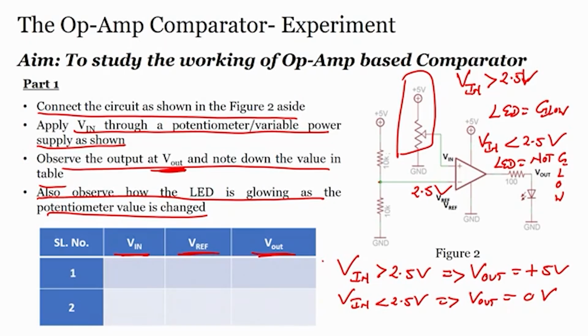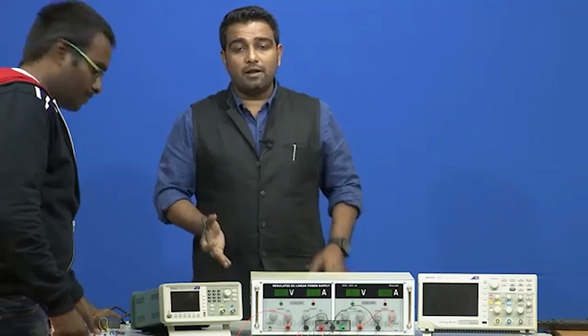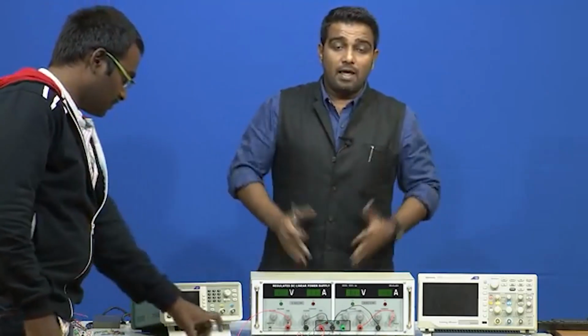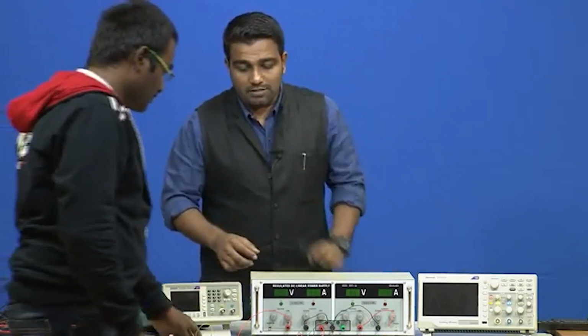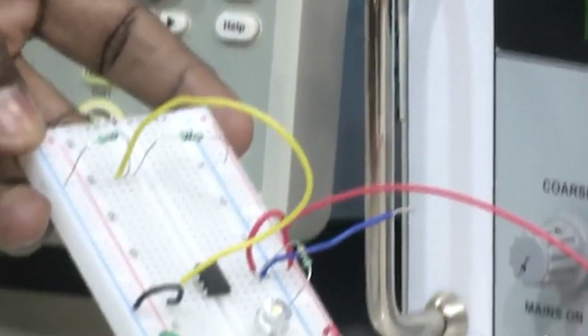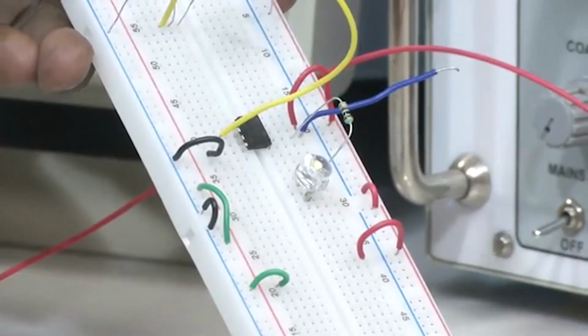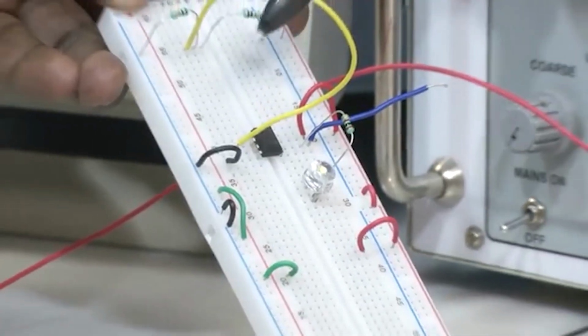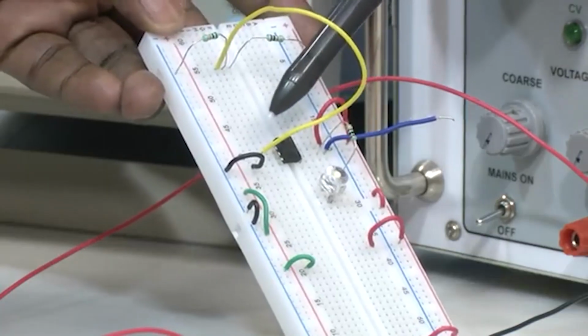So, let us again welcome Sitaram, who will help us to perform this particular experiment of a comparator, and we will see how we can use op amp as a comparator and how this comparator circuit works, alright. So, you see here on the breadboard a LED, and then the op amp, and then you have the current limiting resistor to the LED, and you are applying V reference